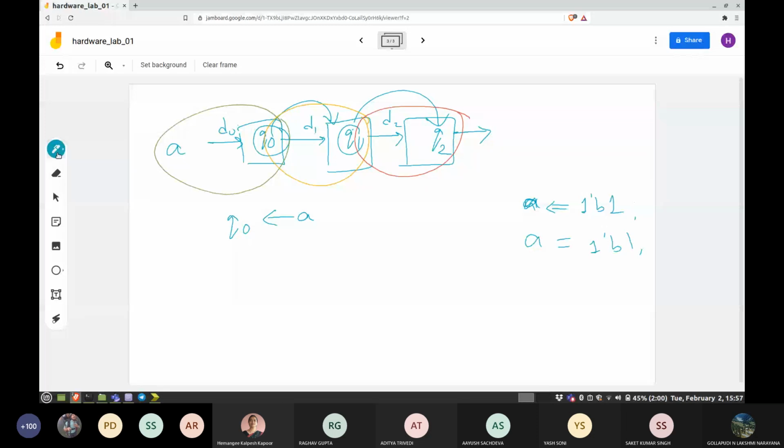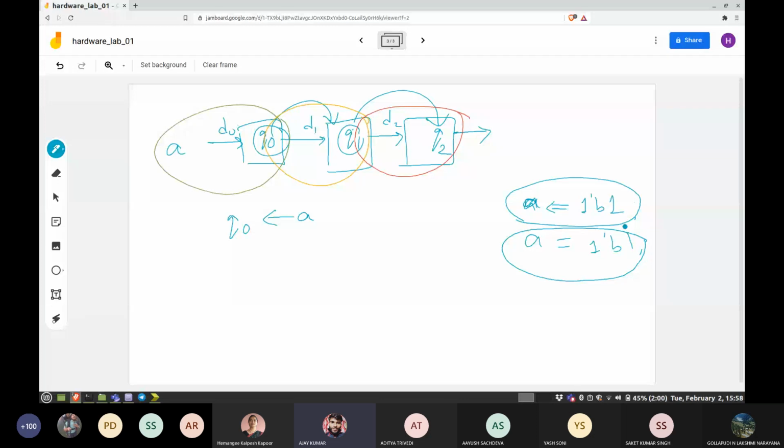You have to write the code for this, where you mention these 3 assignments as blocking or non-blocking. First you write them as non-blocking and synthesize the design, then write them as blocking and synthesize the design, and see what difference comes in the RTL which you synthesize. When you write non-blocking assignments, all 3 happen at the same time, so it doesn't matter in which order you write. But blocking assignments happen one after the other, and therefore the order matters.